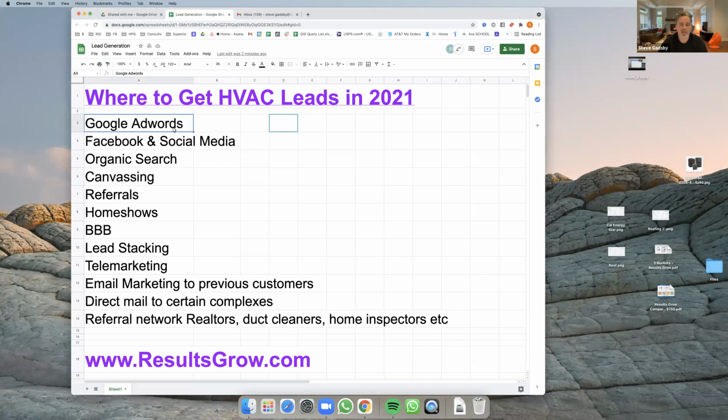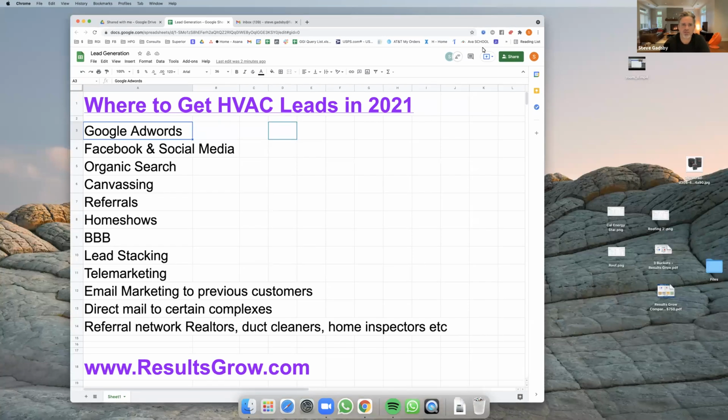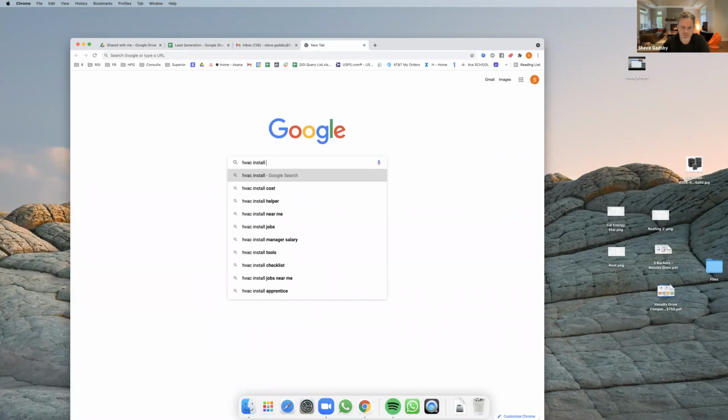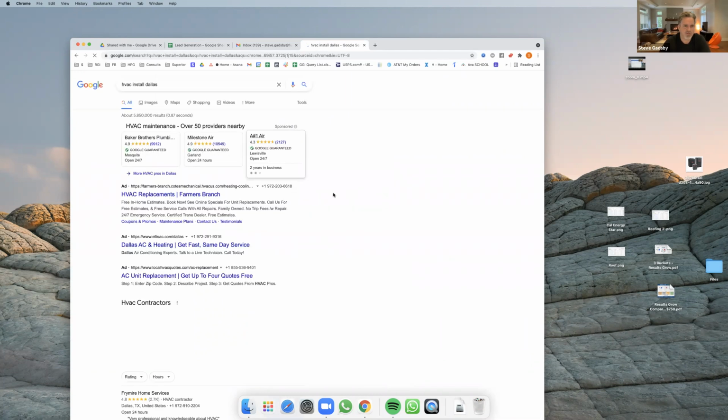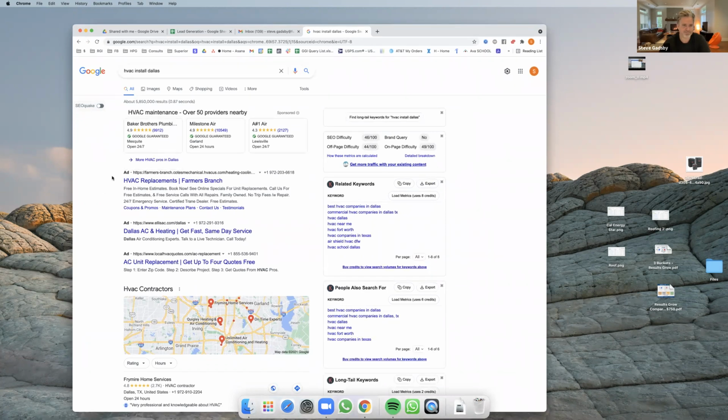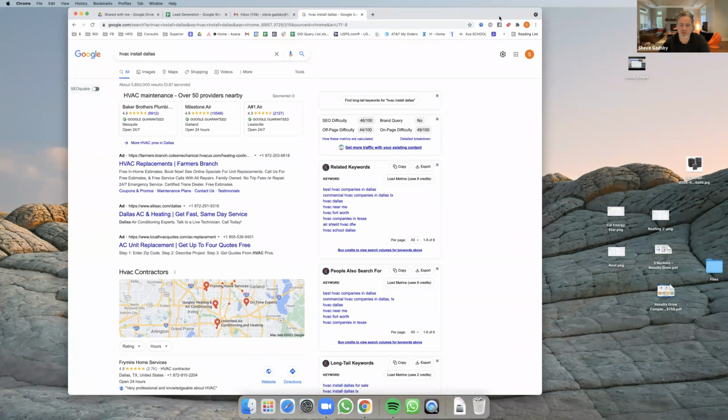Google AdWords. Google AdWords are exactly what you think. If you type in, say, HVAC install Dallas, the Google AdWords are the ones that pop up here. They're like your little text ads, right? It goes over a basic little discussion based on the keyword that you're typing in here. They're great in a sense because it's exactly what you want to target. So let's say you're going after HVAC installs or furnace installs or whatever else, they will load up a relevant